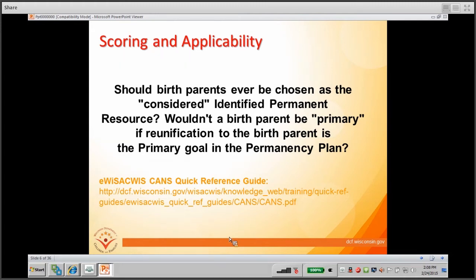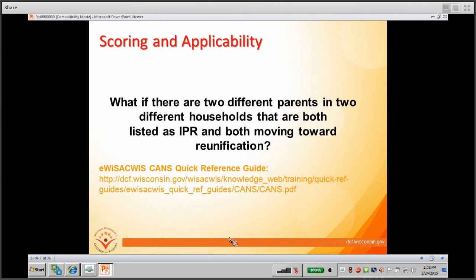But if the child is at home and you're doing a CANS, then the caregiver would be rated for the parent if they were living at home. If there are two different parents in two different households, and both of them are listed as Identified Permanent Resources, and both are moving towards reunification, the question is, do you score them together? Do you score them separately?